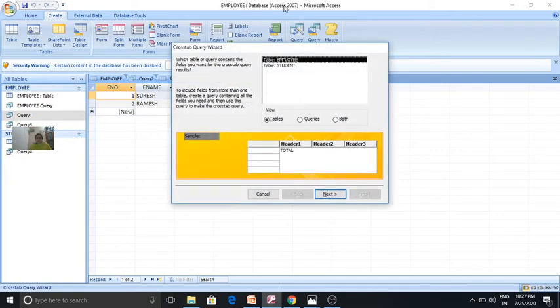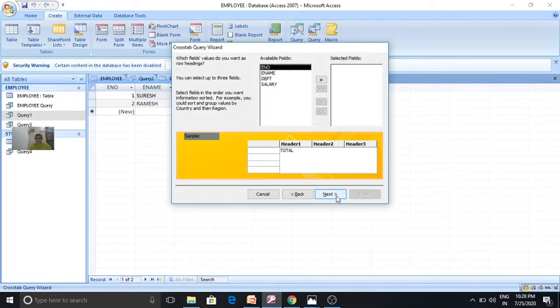Say OK. Then the cross tab query wizard opens. See the sample here, it will be like this: header 1, header 2, header 3, total. To include fields from more than one table, create a query containing all the fields you need and then use this query to make the crosstab query.